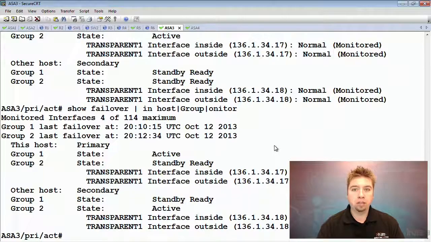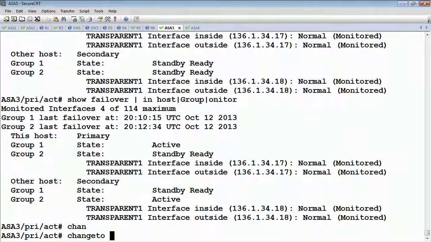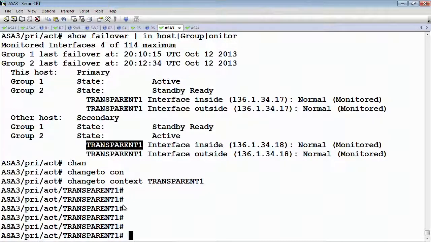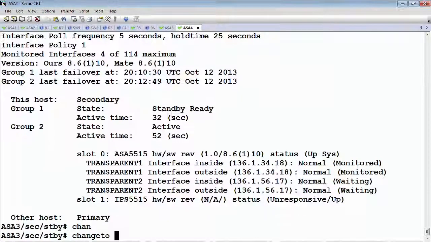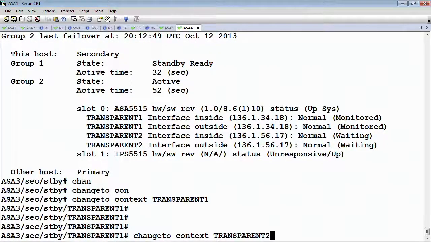But for the failover, the logic is always the same, that as part of the chassis, we're monitoring with the failover link back and forth between the devices. If we're running in multi-context mode, then the monitoring of the interfaces in the data plane happens under the user context. And additionally, when we're trying to figure out which box is active for which context, this is what the prompt is going to help us with. So when we now change to context transparent 1, we can see that we are active for this. On the other box, if we change to context transparent 1, they are standby, but for transparent 2,